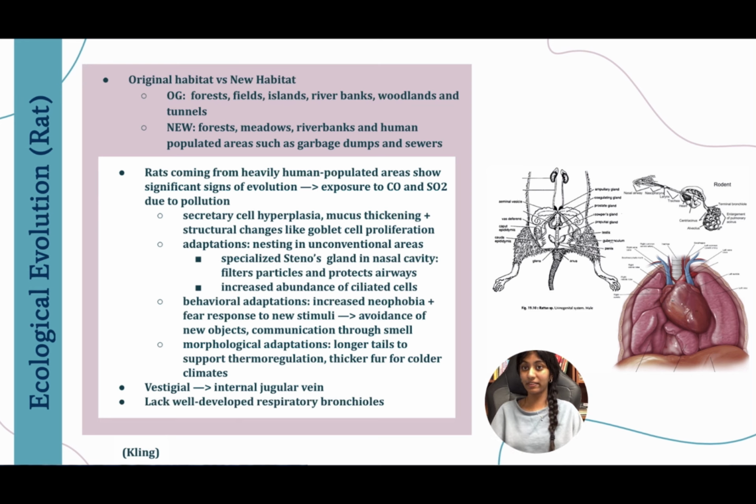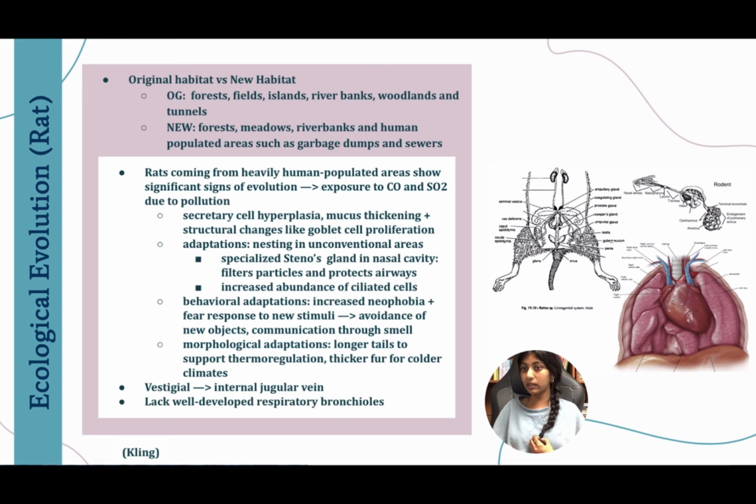Next, we dissected the rat. So what's interesting about rats is they can be found in many different environments, including originally they were found in forests, fields, islands, riverbanks, woodlands, and tunnels. However, now that humans have taken over much of their habitat, they can also be found in garbage dumps and sewers and subways. So rats come from heavily human-populated areas, and because of this, they can show significant signs of